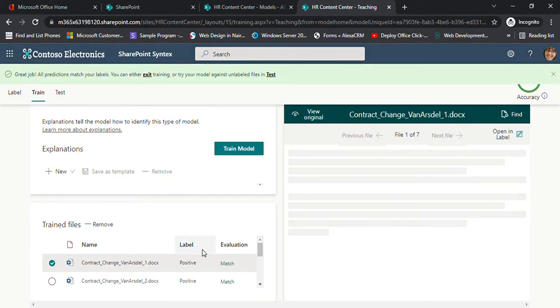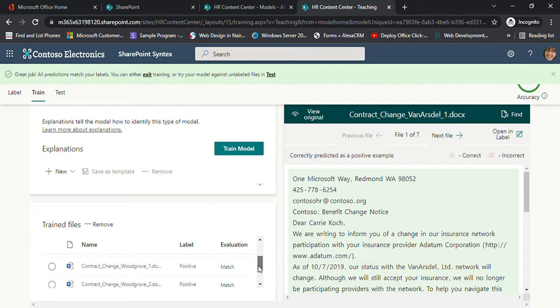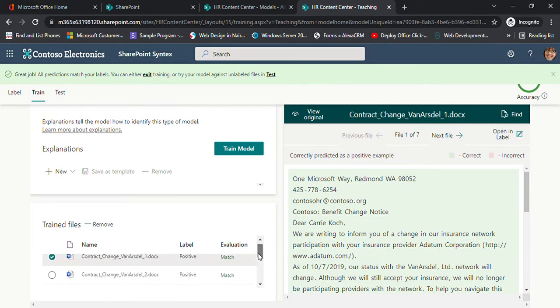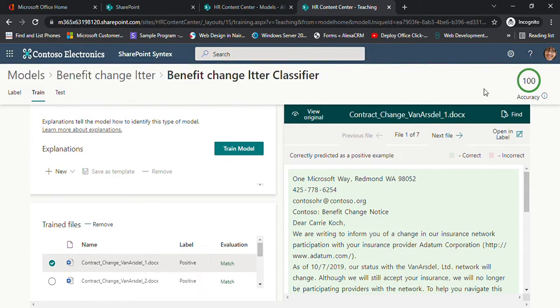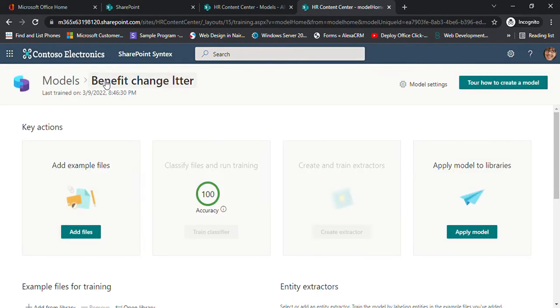As you can see, there is a match for the different documents that are benefit change letters. So we'll continue doing the training of this document understanding model. I'll just go ahead to the benefit change letter. As you can see over here, our accuracy is 100%. So one of the things I'll do to further